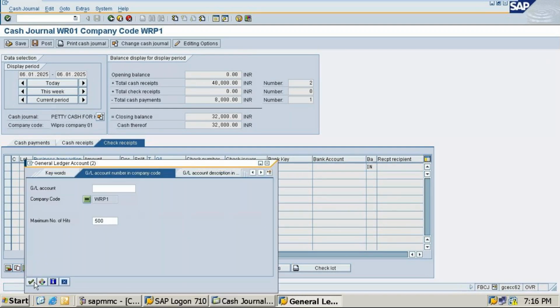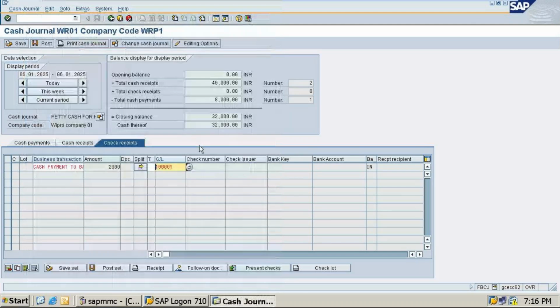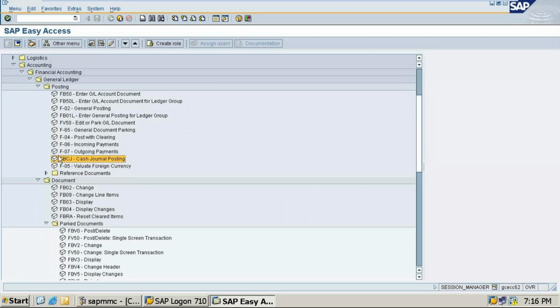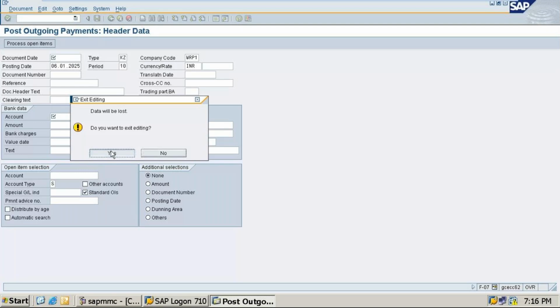If you do, then it will be the ICICI Bank check account. Then the check number, and it will ask some more things. So if you try to do it, it will not be taken here. So please don't do that. It is a cash journal, so do cash related things. Okay, so cash related things you do.